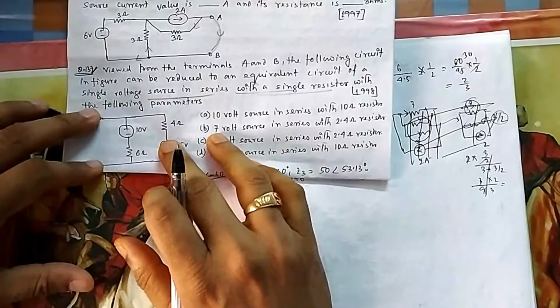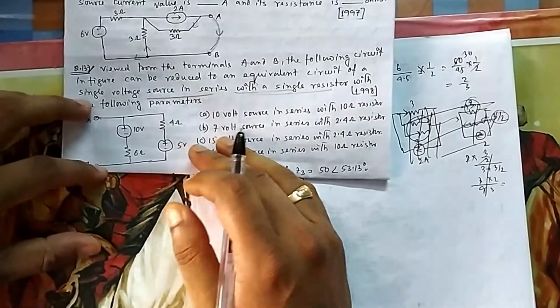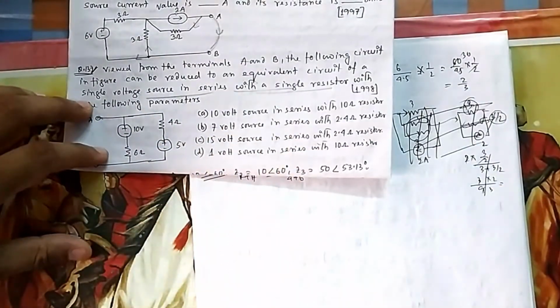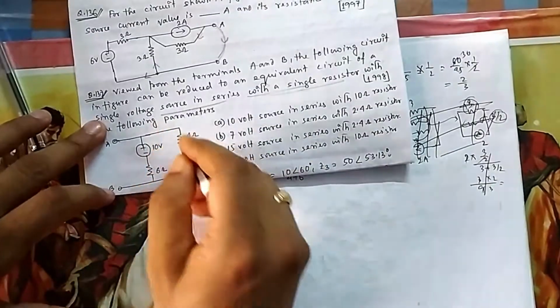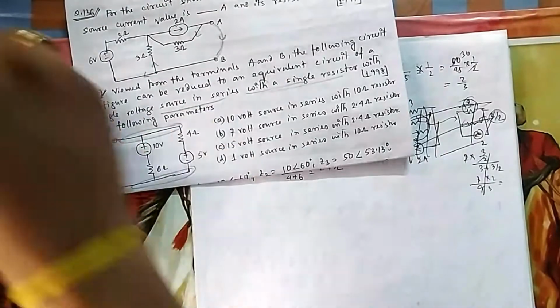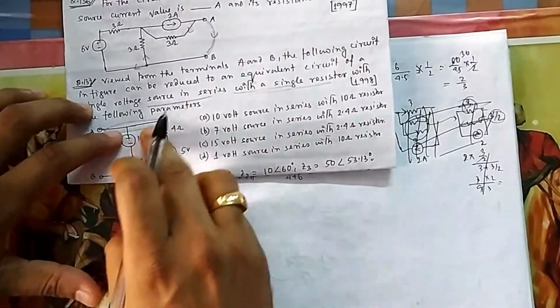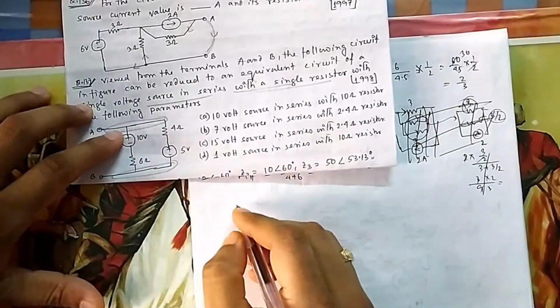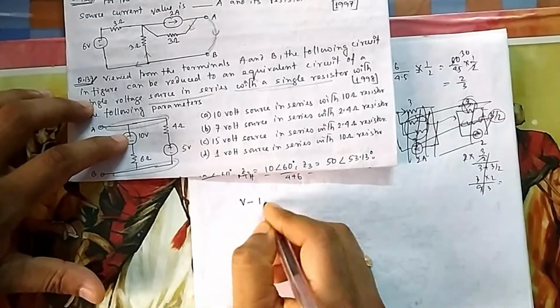Again you can apply Thevenin's theorem or the superposition theorem. If you short this one, you will find it, or you can take KVL or nodal analysis, whatever you feel better. If I take nodal, this is my reference node and I need to find this voltage, so one single equation will serve the purpose. I need this current plus this current equal to 1. So what is this current? This current will be V minus 10.